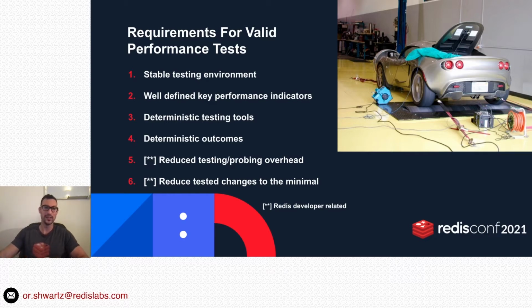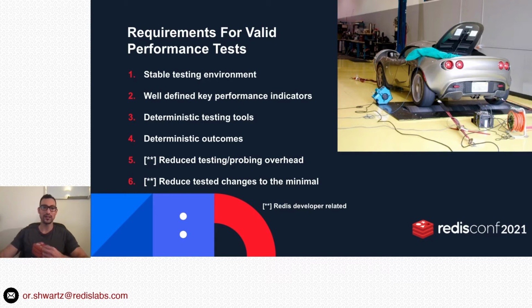Now, second, you should define clear KPIs. Don't forget that you are testing your own application, not some imaginary scenario. Now, don't get me wrong, imaginary scenarios are fun, and it is important to know what is the maximum reads per second for your database. But eventually, you don't care how Redis performs under imaginary workloads. You should care about your application performance and how Redis fits your own use case. Third,